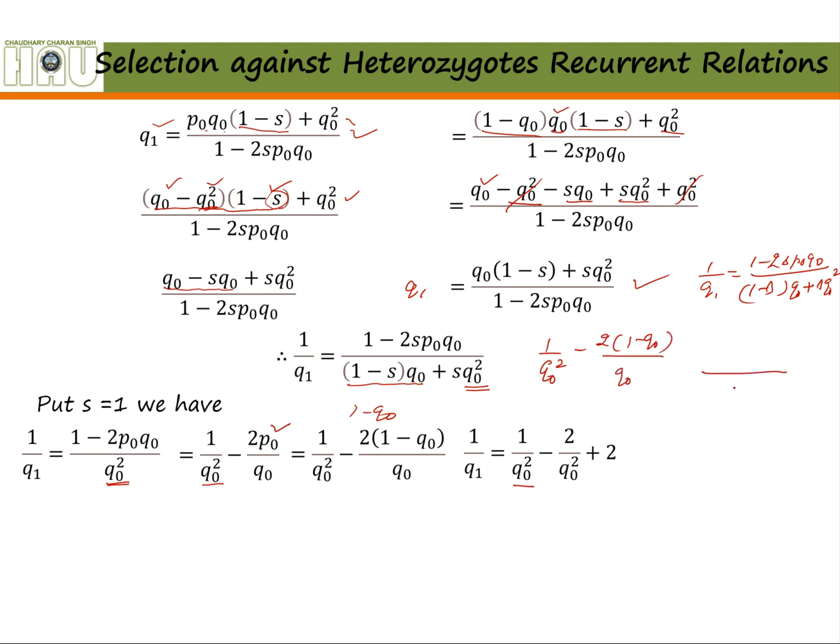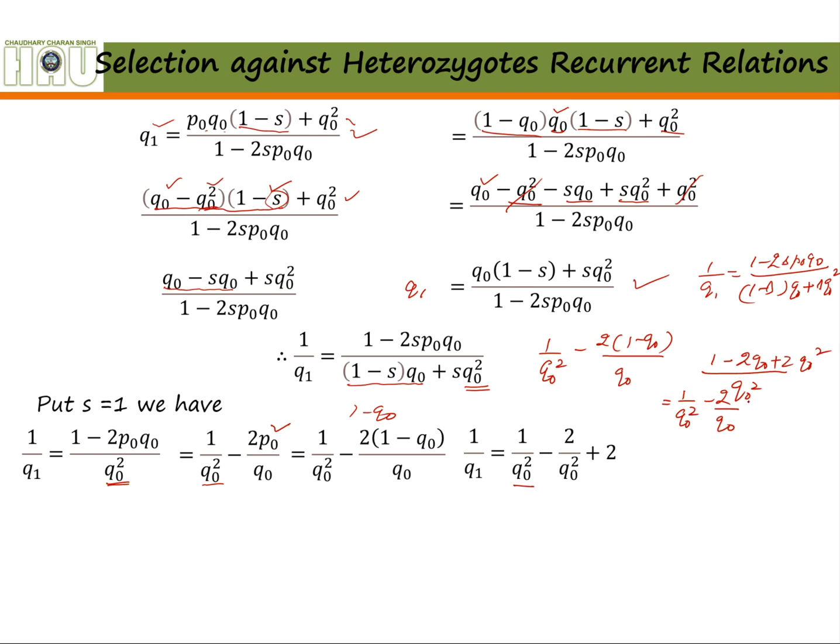So if I take LCM, it is Q0 square. So it is 1 minus 2Q0 plus 2Q0 square. So this can be written as 1 upon Q0 square minus 2 by Q0,